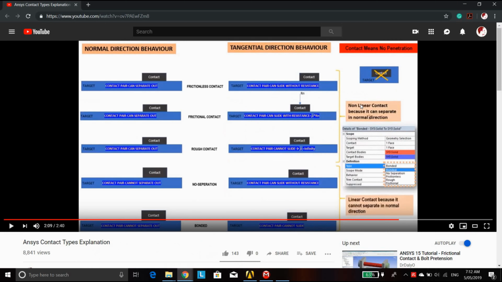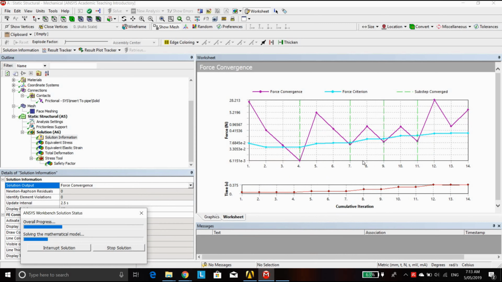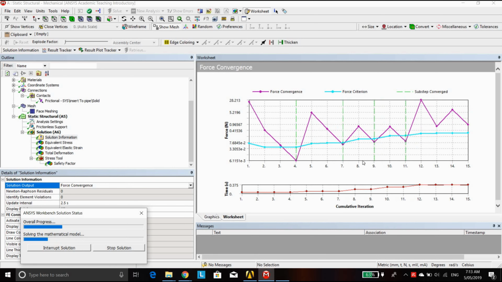Remember, we had these three contact types. The first three are going to be nonlinear because we have separation. The last two are going to be linear because those objects are just attached to each other. So for the first three types, we have nonlinear solutions. That is why ANSYS tries to converge for each iteration. We can't progress in time